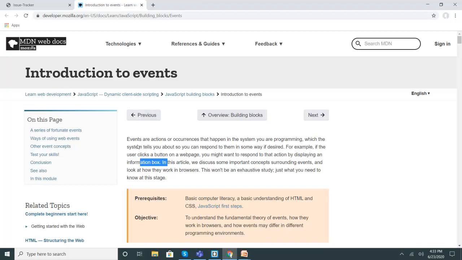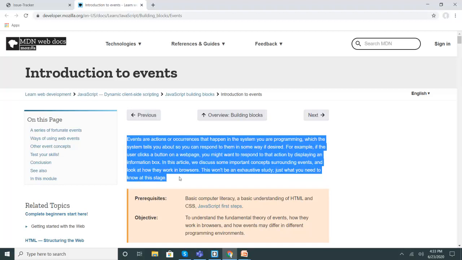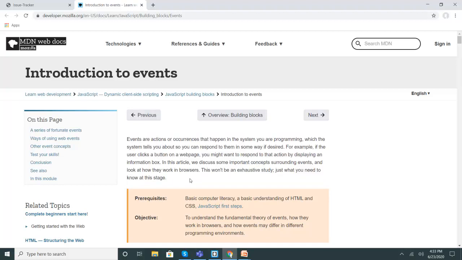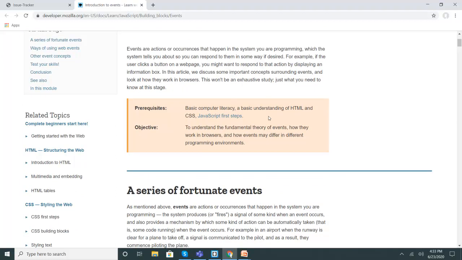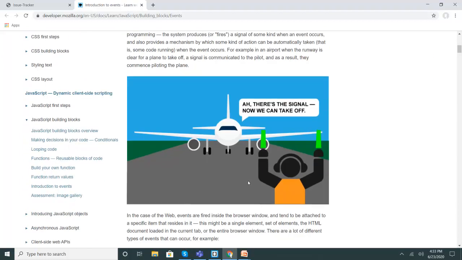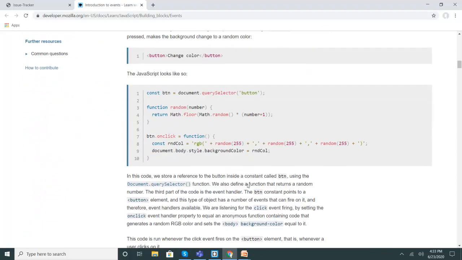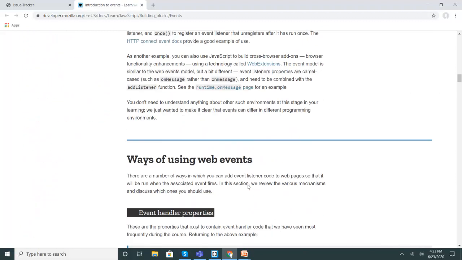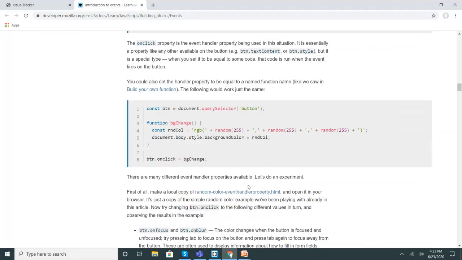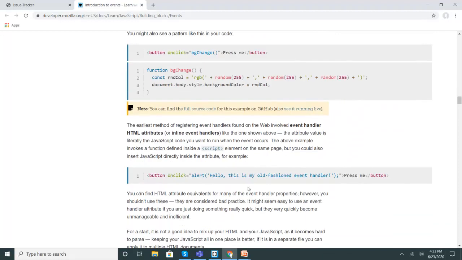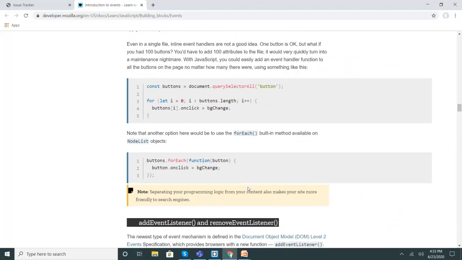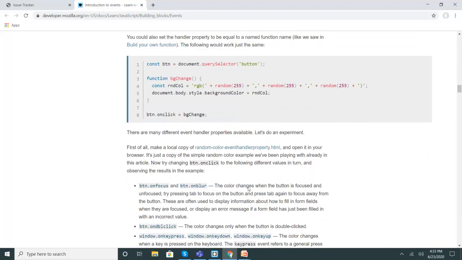So as you can see over here, whatever description has been written, the same kind of thing we have practically understood. Okay, so this is a really very good reference. So take some time, come here and try to understand this reference. This is really very good for understanding how events work and what kind of events you should add in your application. Okay, so just work on this particular thing.